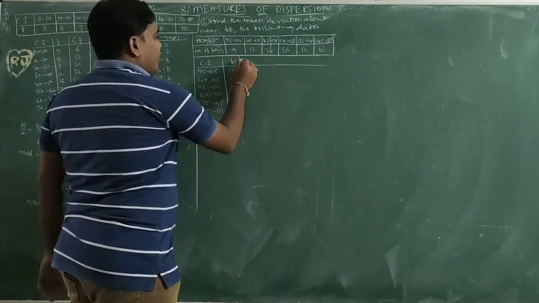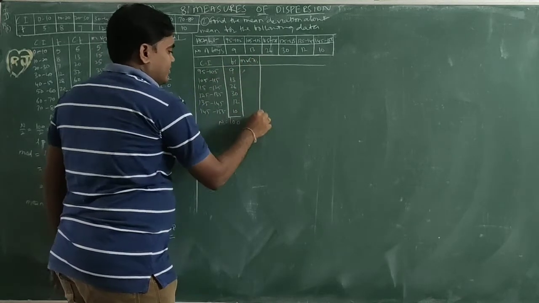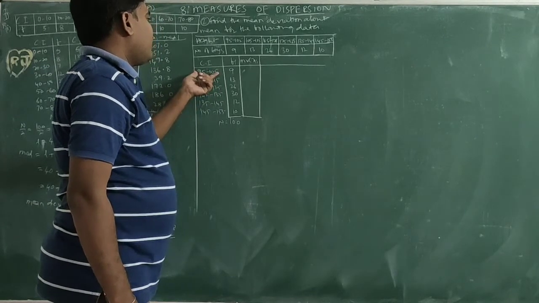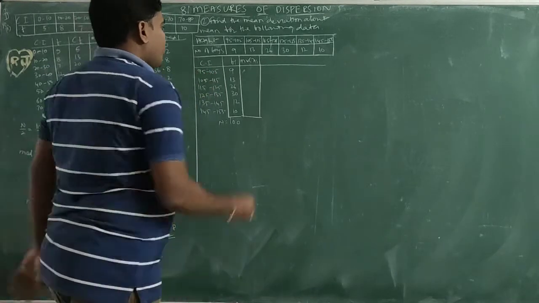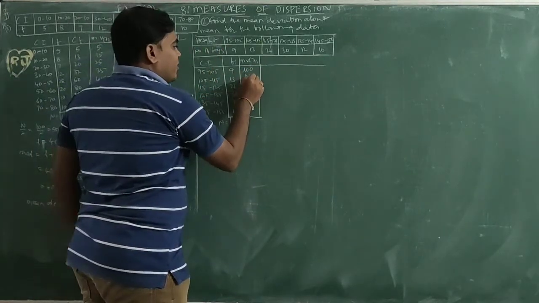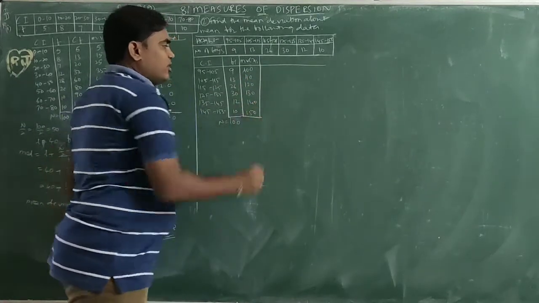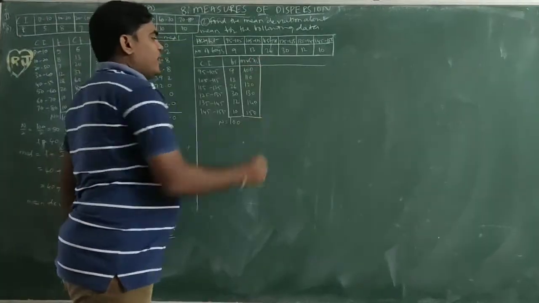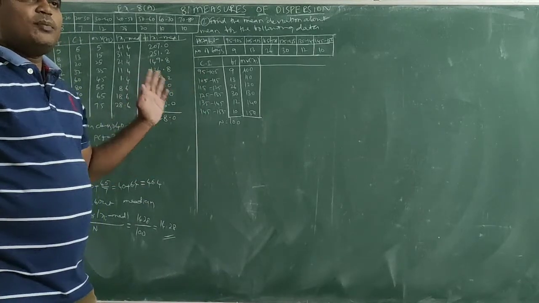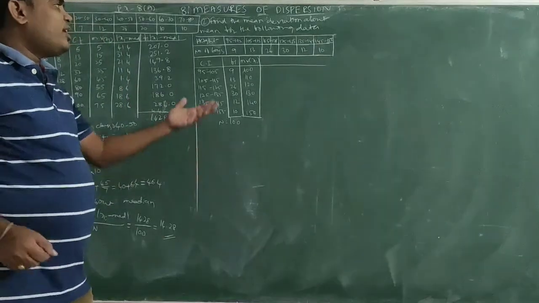Now I want to find mid value. Mid value of class intervals, Xi. 95 plus 105 equal to how much? 95 plus 105, 200 by 2 equal to 100. So class interval is 10. We are adding 10 up one by one: 110, 120, 130, 140, 150. So now we may apply deviation method, step deviation method, or of course, we may use a direct method. Whatever the method we choose, the result will be the same. So I want to take a direct method.